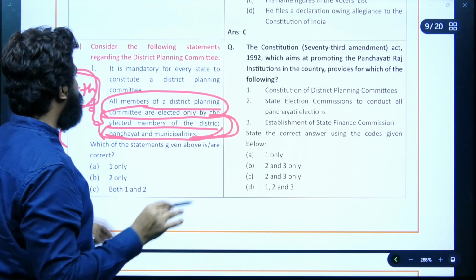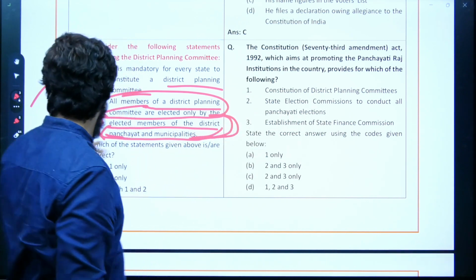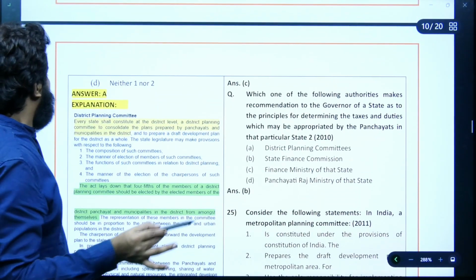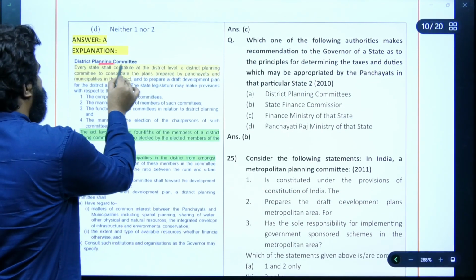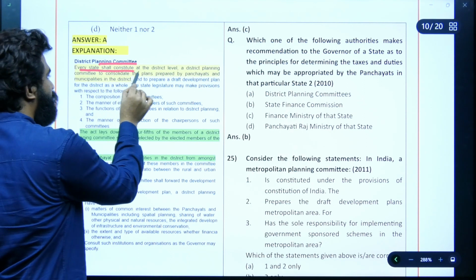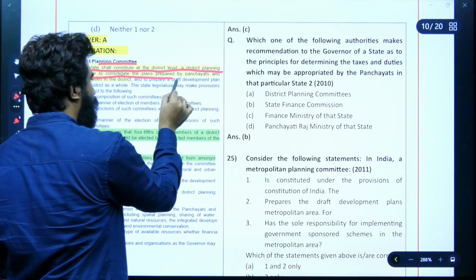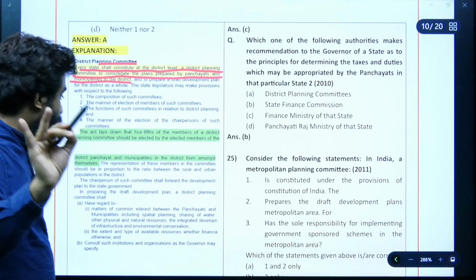It is mandatory for every state to constitute a district planning committee. Actually, this was a question regarding the planning committee. Just come down once. Here, again, the district planning committee: every state shall constitute at district level a district planning committee to consolidate the plans prepared by panchayats and municipalities in the district. The act lays down that